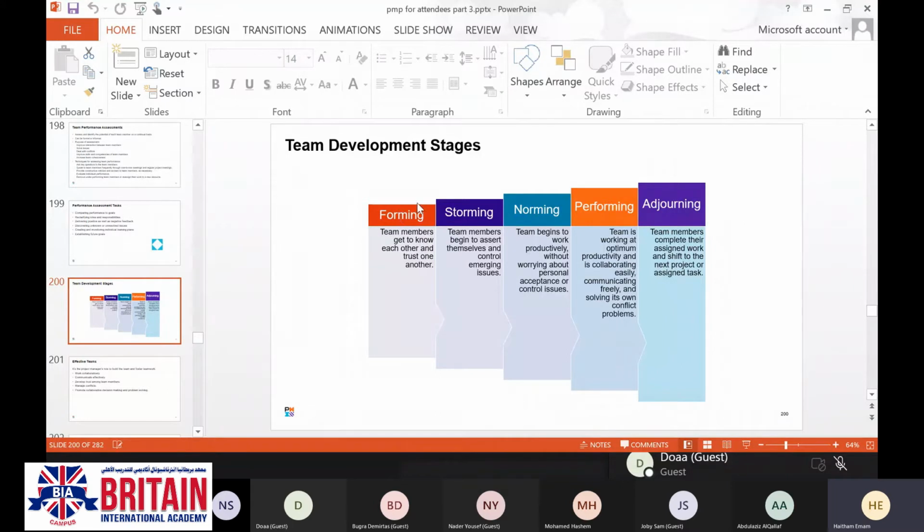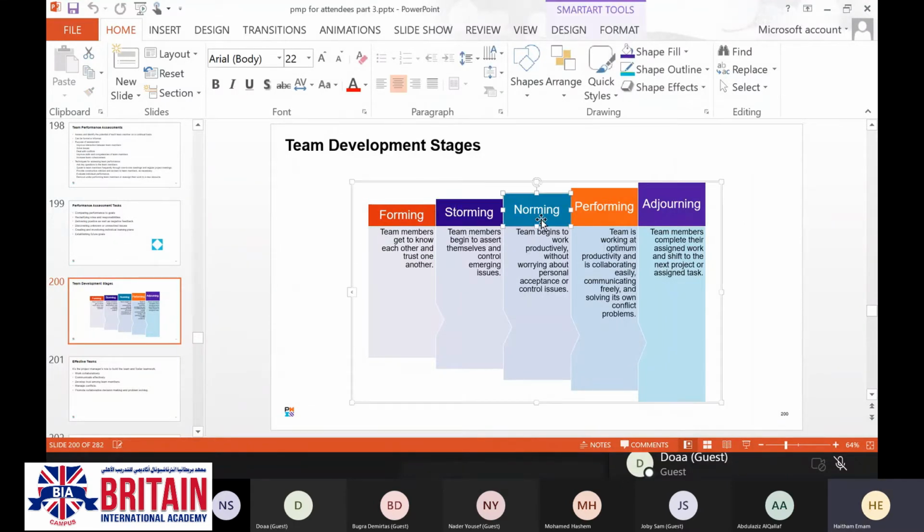One is called forming, second one is called storming, third one is called norming, performing, and adjourning. What I need from your end is to be familiar with each and every term, and in case you are going to face a question like that in the exam, it will be a straightforward question. You just need to differentiate between the terms.